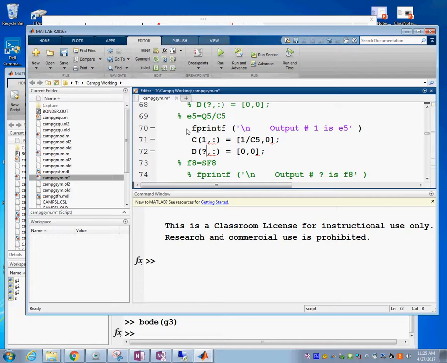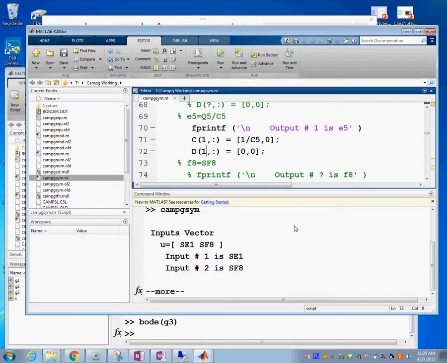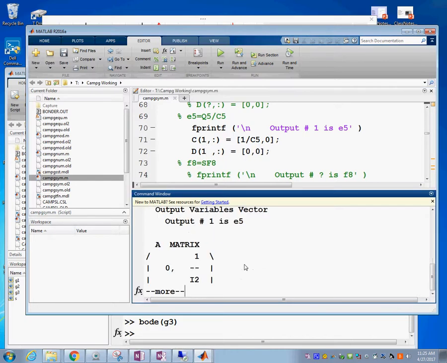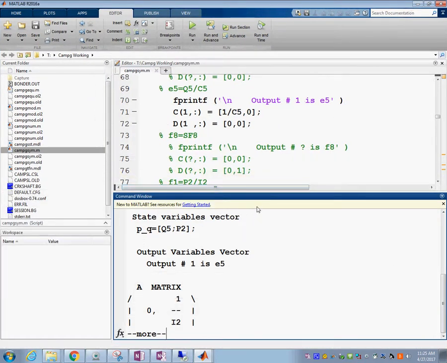So this one that I put in here is to make the C and the D matrix the first row, because that's how CamG works. So in here, if you just run it, you will obtain the state space form,